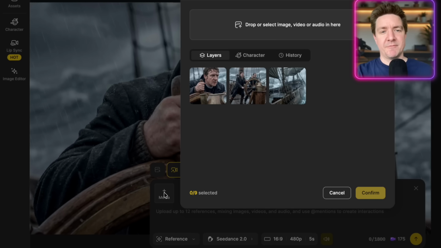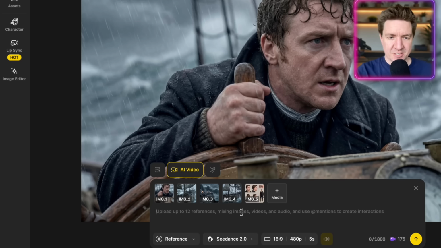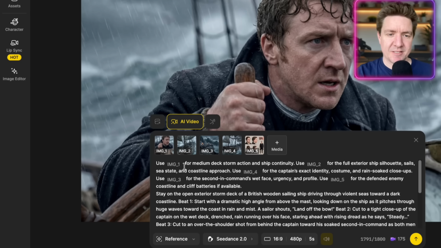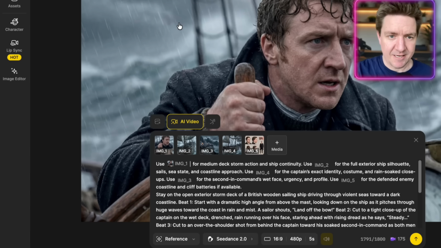So I'm going to load in 5 shots here as image references that are used for creating one of the shots. So we've got our 5 images loaded there within the reference on Seedance, and then I've pasted in the prompt that I've created for this scene. And the way I create this prompt is talking to a GPT that I've created that you can find linked on the @PureAct YouTube channel. So once you have your prompt in there, you need to make sure that the images are referenced here. So you just use @ and then you click the symbol for that image,